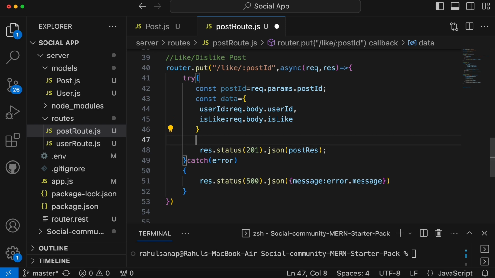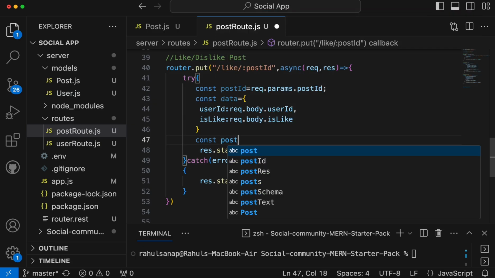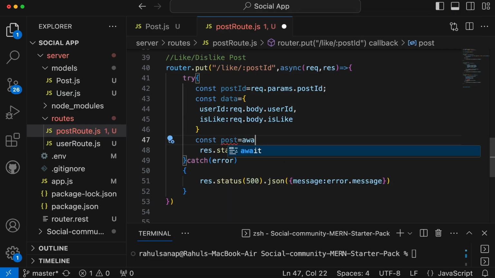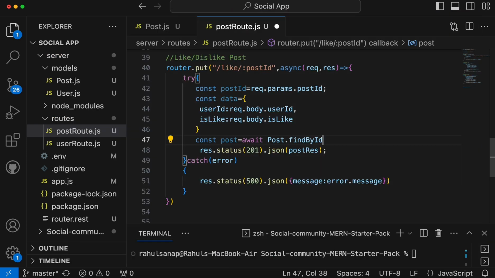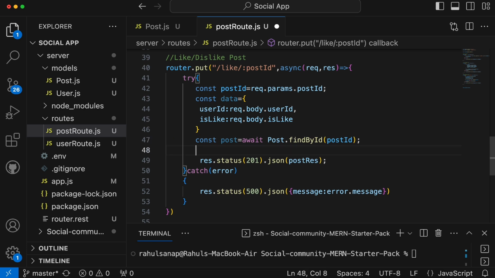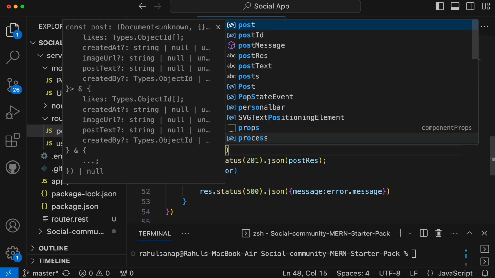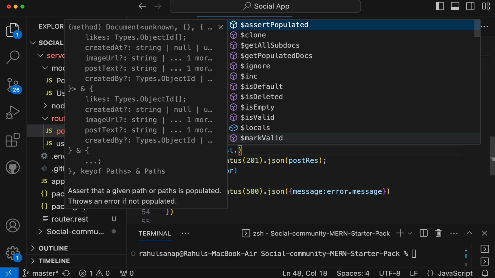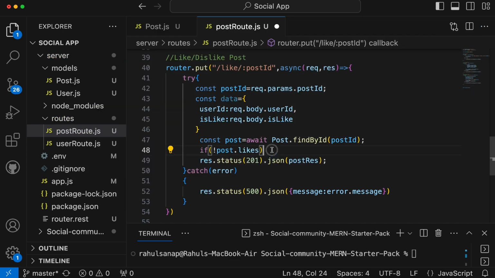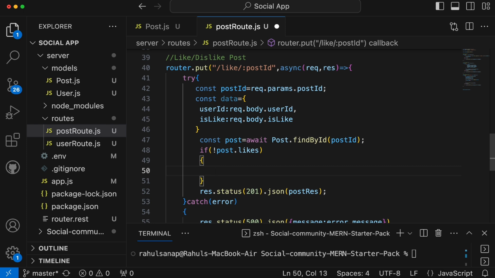Now second thing we need to do here is to get the post first. Okay, so by using constant post is equal to await, then we have to call schema Post.findById. Okay, and here we need to provide the post id. Now inside this one we have this post information. Okay, now what we want to check is if post already has this parameter called likes. So we'll say if post is not equal to post.isLike parameter likes. Okay, if this likes parameter is not there, or field is not there, then we will update the post,